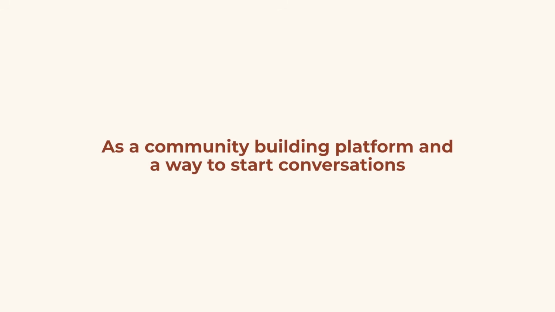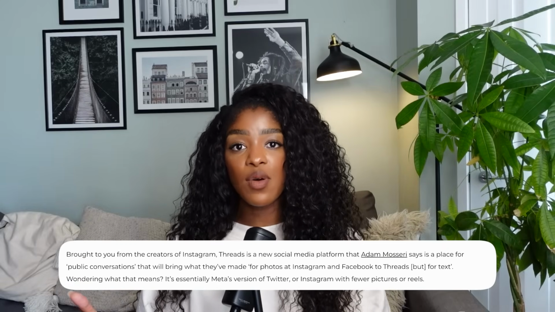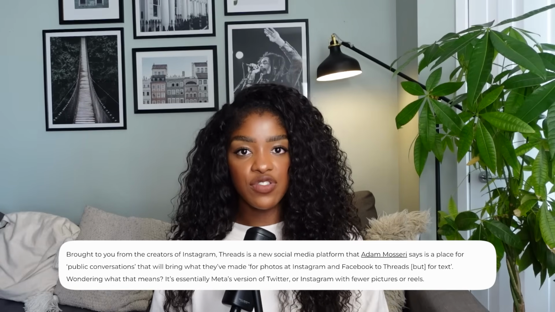One of the main ways that people are currently using Threads is as a community building platform and as a way to start a conversation. That is also how the head of Instagram has marketed the app, as a way to create public conversations. One thing I've noticed since I've been posting on the app is that engagement there is a lot heavier than on other apps. I can upload something and the likelihood of me getting a lot of comments or likes in response is a lot higher than on other platforms, especially when you look at my following size. And the reason for that is because the app leans heavily towards conversation.